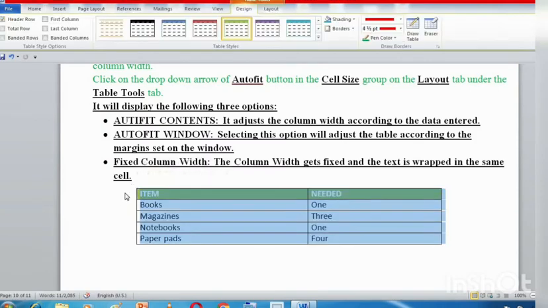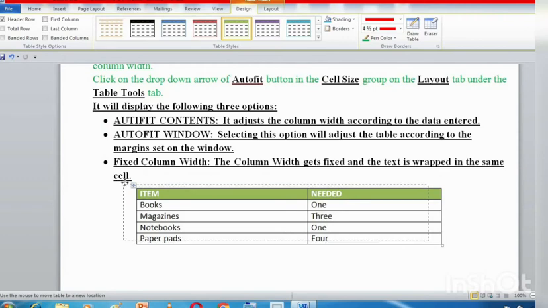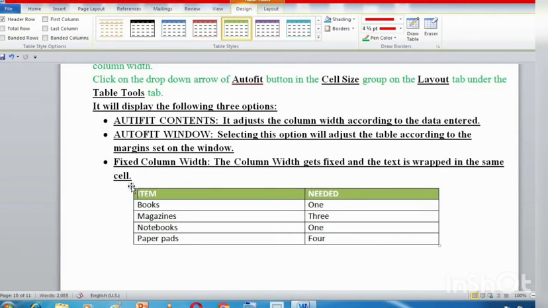Okay, so when you click on this table move handle, what happens? The table gets selected, and if you keep on left clicking it and then if you move it, then this will move the entire table. That's why this handle is called the table move handle.